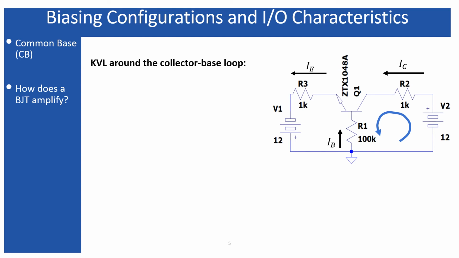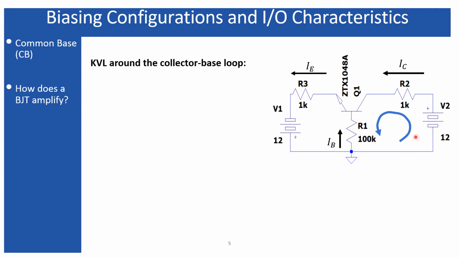Now let's consider the output characteristics, and here also, similar to the previous slide, I'm going to investigate the presence of the load line due to the presence of this R2 and this R1. Now in the output characteristics, what I discussed in my last lecture is that the output characteristics of BJT in common base configuration is a plot of the output current with respect to the output voltage. The output current is the IC current and the output voltage is the collector to base voltage. So I must obtain the equation which includes these two parameters.